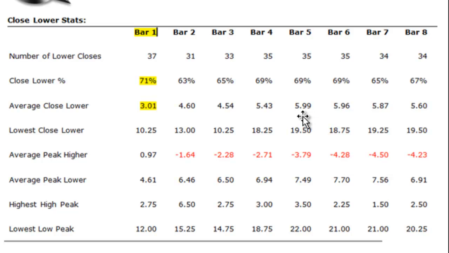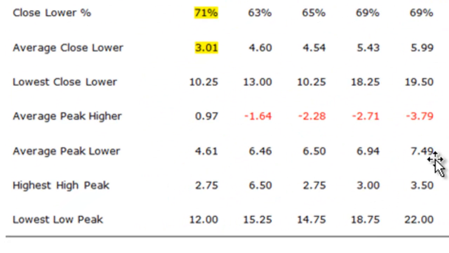So what you're looking at here is something where you want to have a target that is maybe slightly larger than where it tops out. The average peak lower here is about 7.5 points, and that means that even though it only closes down by 6 points, the average peak move is about 7.5 points. So if you place a target of about 7 points, you're going to hit that target on average. That's a pretty good estimate, and it's all based on some easy statistics that provide you